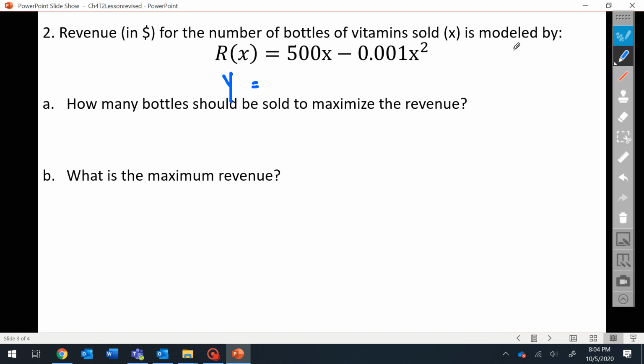In this case, the x is going to be the number of bottles of vitamins,